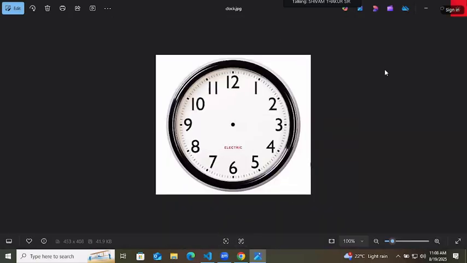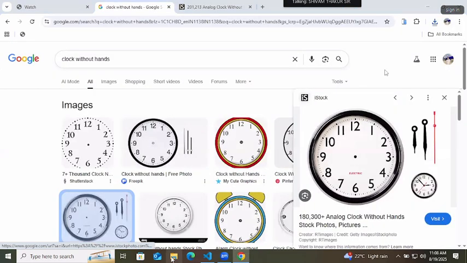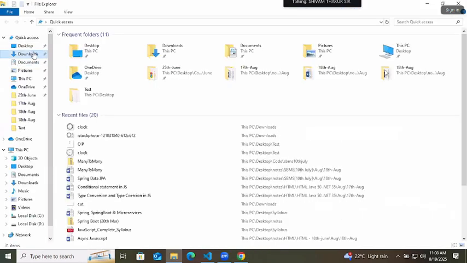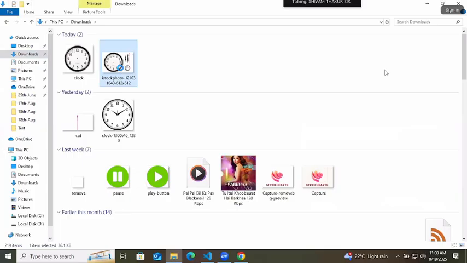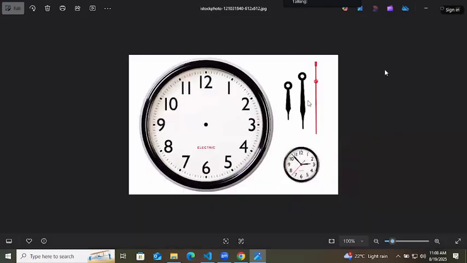And this same picture also has the clock hands. So we'll just edit that also. Hour, minute and second. So we'll just do the same thing.